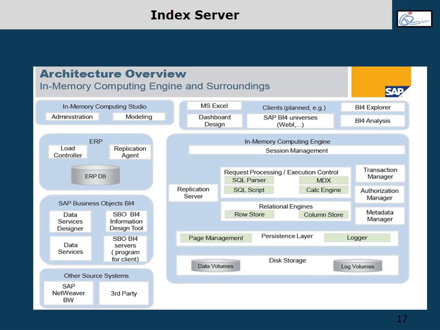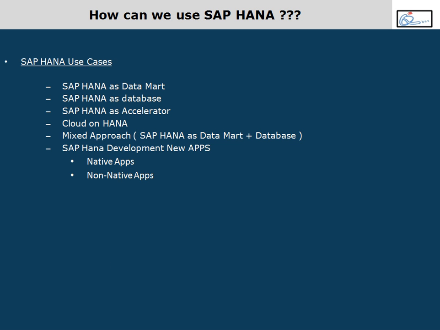Okay. So knowing that this is what HANA is, we'll have to know the HANA use cases first. So when I say HANA use case, how can I use HANA? HANA is like a database, like any other database. But knowing that it's an in-memory database and it's really fast, in what kind of business process or business scenario can I leverage SAP HANA? With this we can understand how they are using HANA systems in real time.